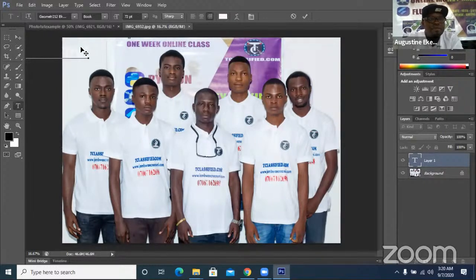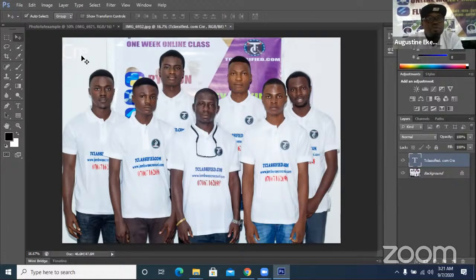Okay, if you're writing, you can see where it is written. It's not very clear. So I'm going to click on it. Once I'm done writing, I press the Enter key. So I can select it to move. Once I click on it, click on the move tool so that I can move what I've written and place it in the right position. Then you know that once you are selected, what you have here will be the tools. So if I double click to select again and pick the whole of it,